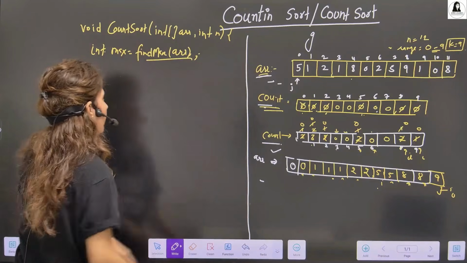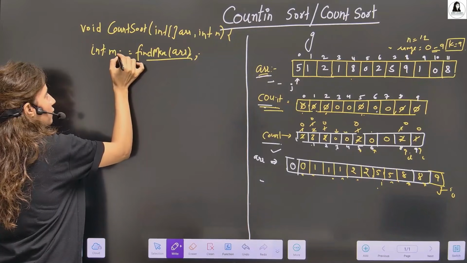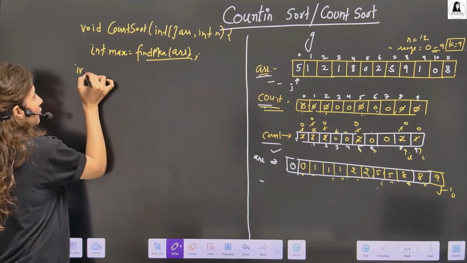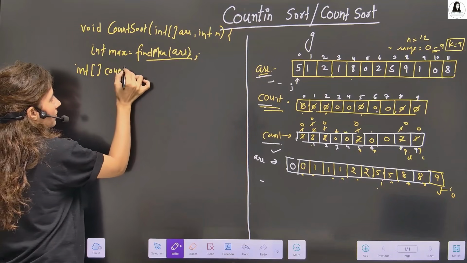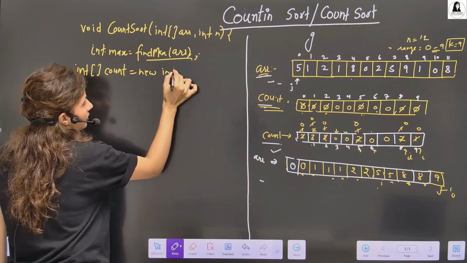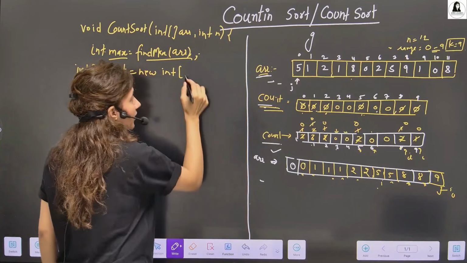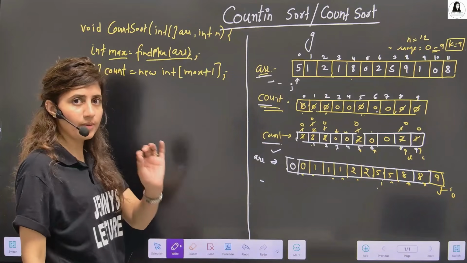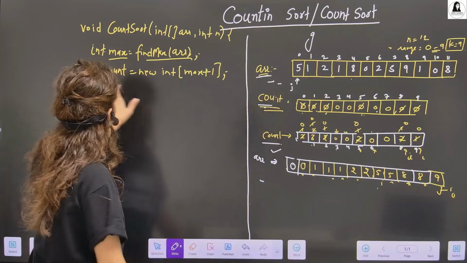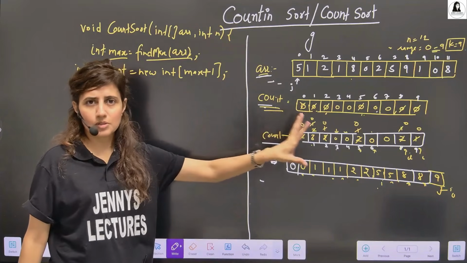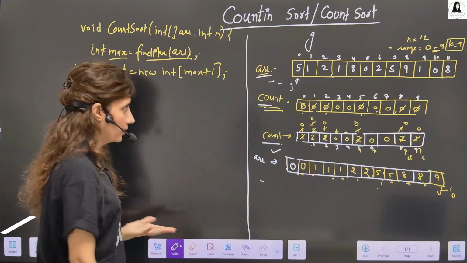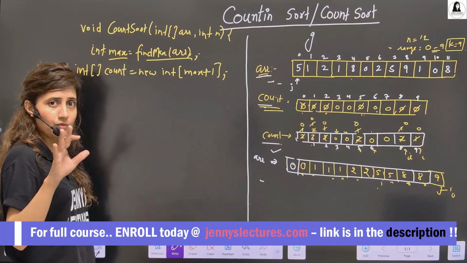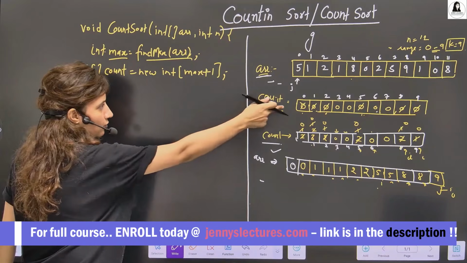So it will give me, in this case, 9. That I'll store in this variable max. After finding max, second, we take a count array. So we take an array count, or any name you can take. The size of this is whatever max element you got plus 1. Now we have the count array, and by default in Java it will be initialized with 0. All the elements would be 0. If you are going for any other programming language, then maybe you can initialize it separately with 0, 0, 0.